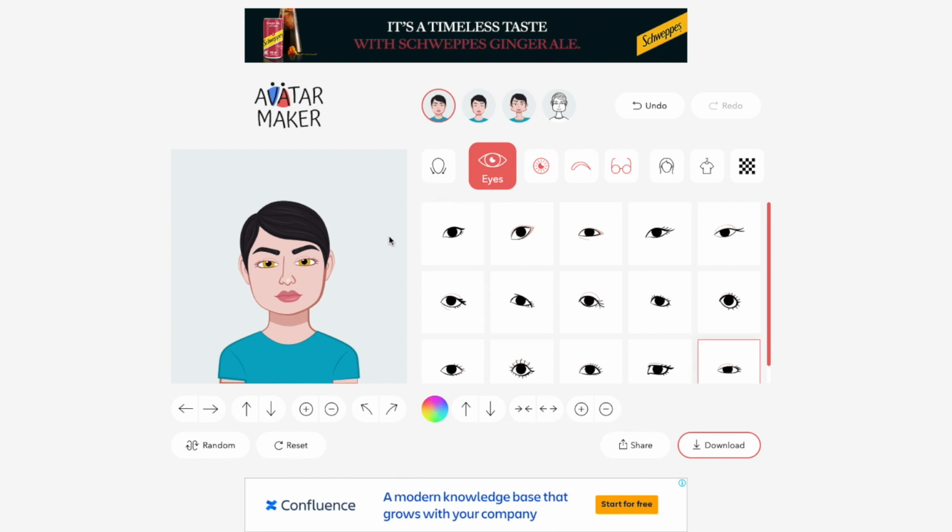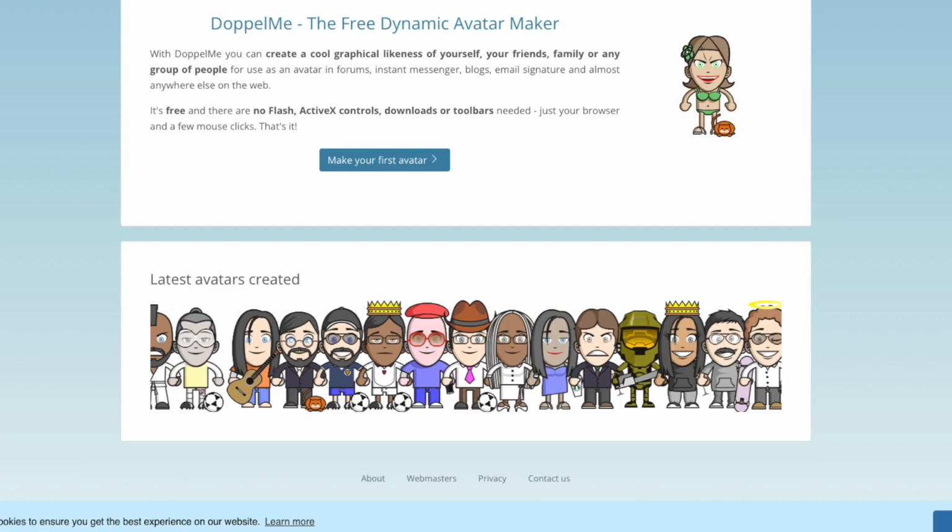It's a very basic, very simple interface that we've got on this particular one. Very intuitive, but ultimately you can design your avatar according to how you picture them, whatever makes sense for you and how you choose to design your avatars. And then once you are done, you can download in PNG format or SVG, whichever is best for you. So that's avatarmaker.com. Then the next one along is